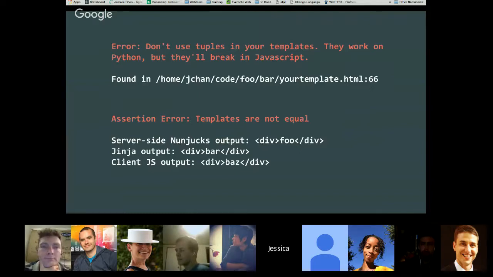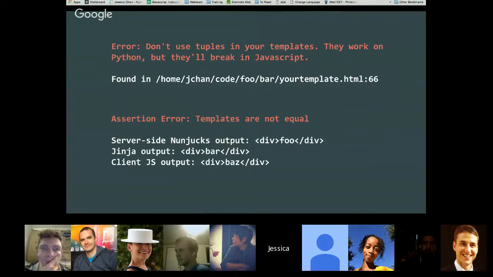So learning about linters, like writing a linter, was awesome. That was really cool. And then learning about automated testing was really cool too, because again, we want to make sure the templates look the same no matter what system we're using. So I had an automated test that went through every single template every time you tried to commit a change and made sure they were all the same.